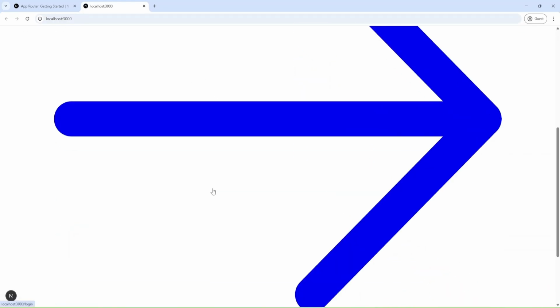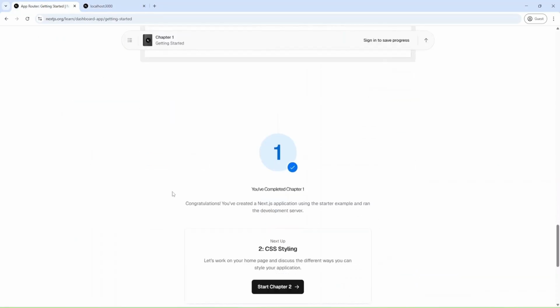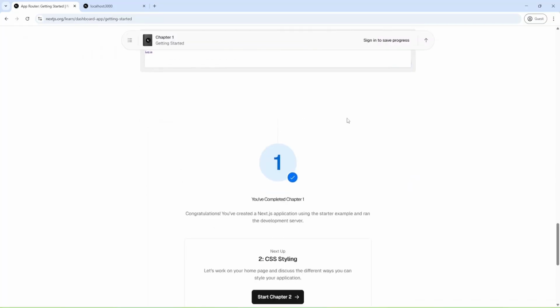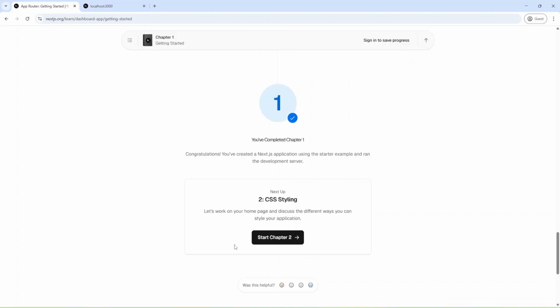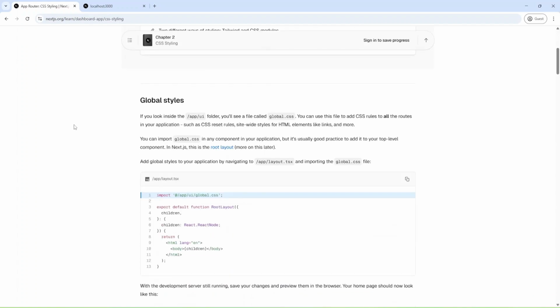Okay, and I have my application running locally. And that's something like in my docs, and I can go to the next chapter, CSS styling.